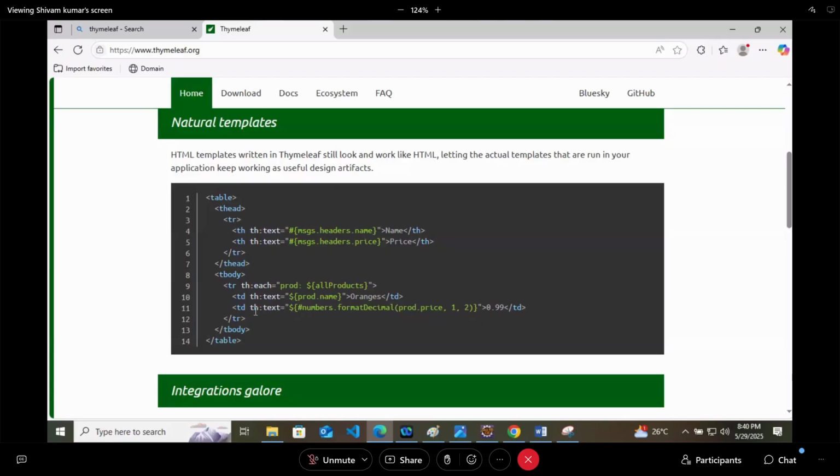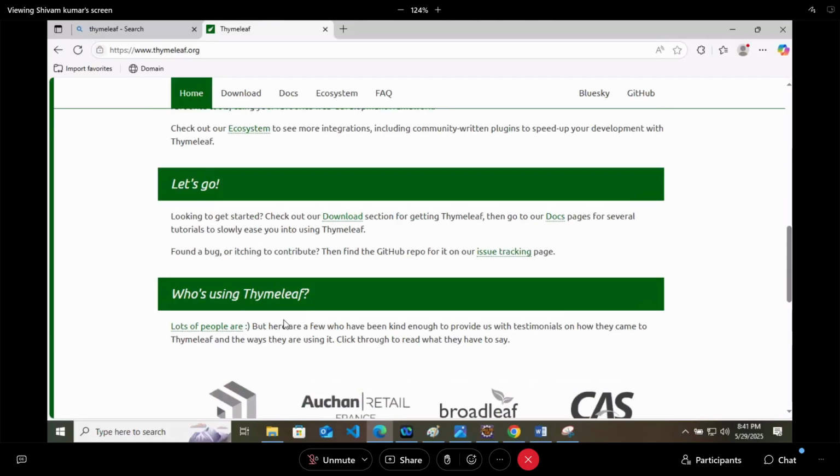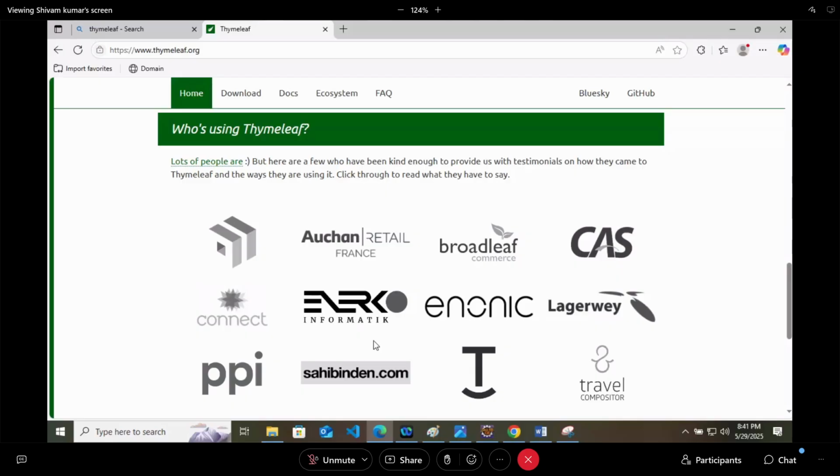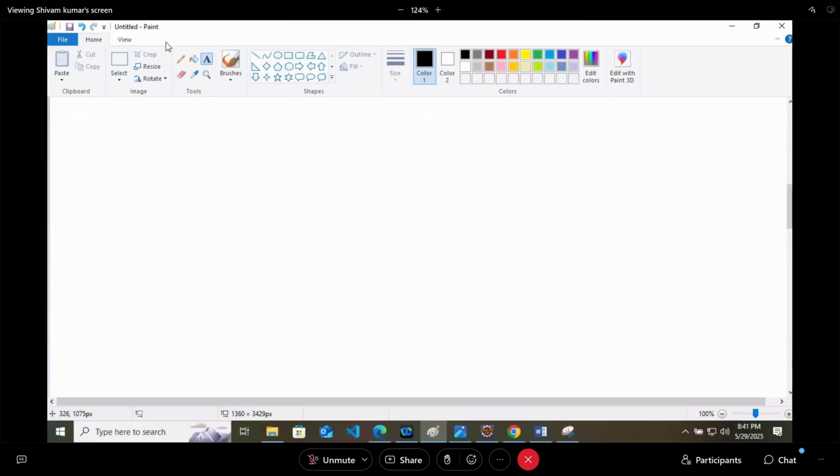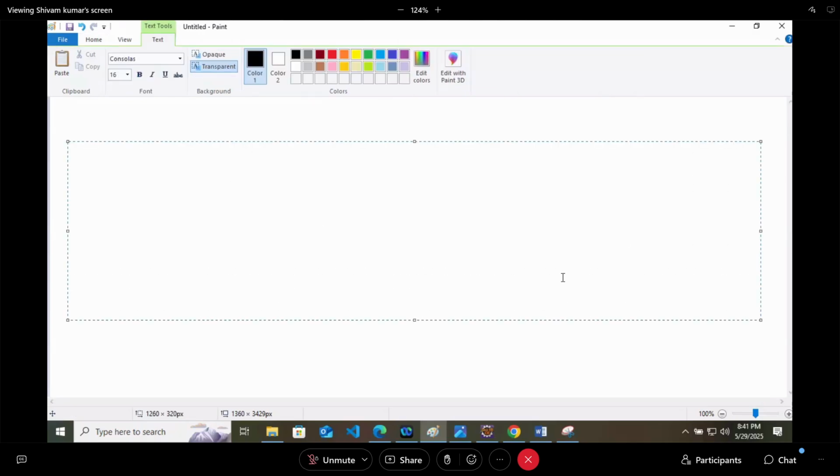let's understand the difference between Spring Web MVC and Spring Boot Web MVC. Because whatever problem we are getting in Spring Boot is not a problem, it is a feature of Spring Boot.